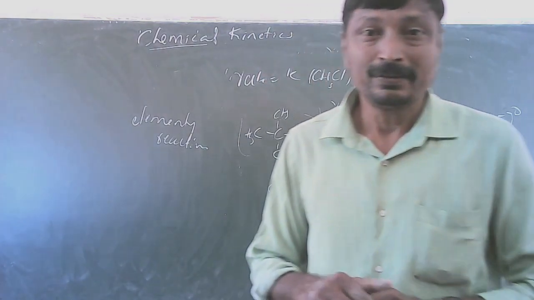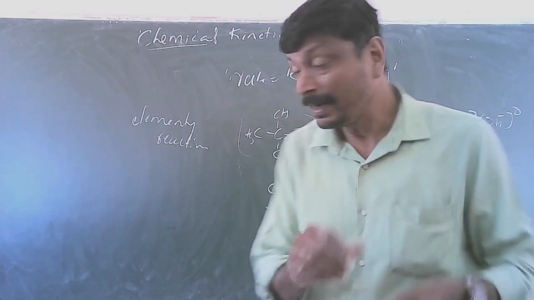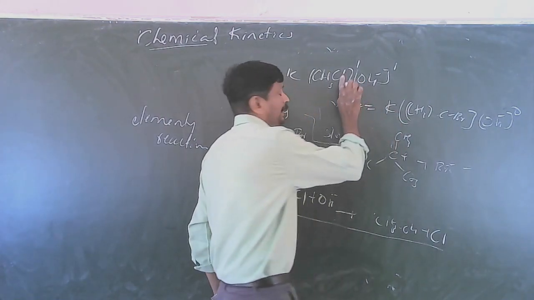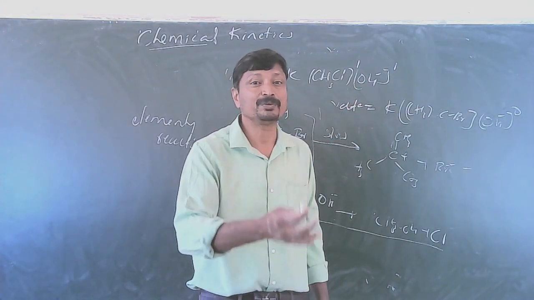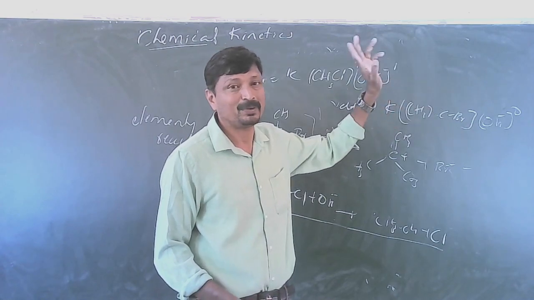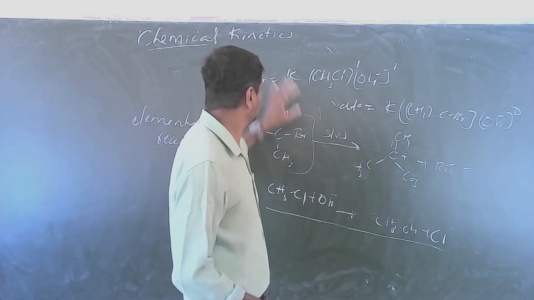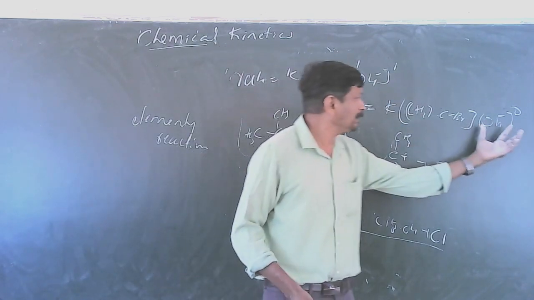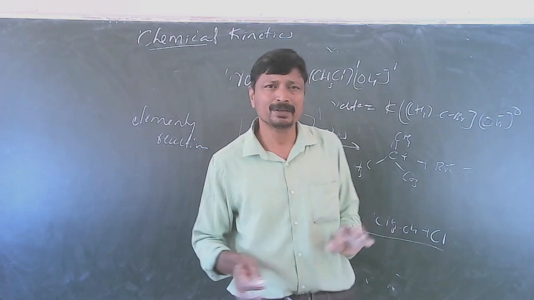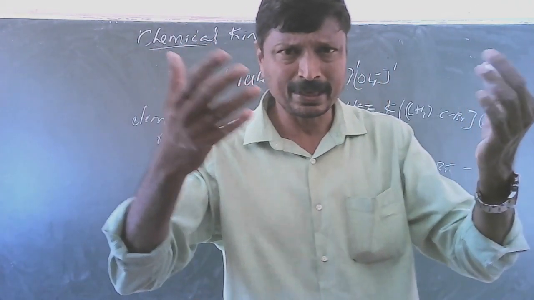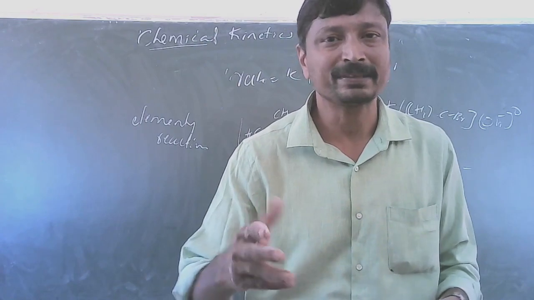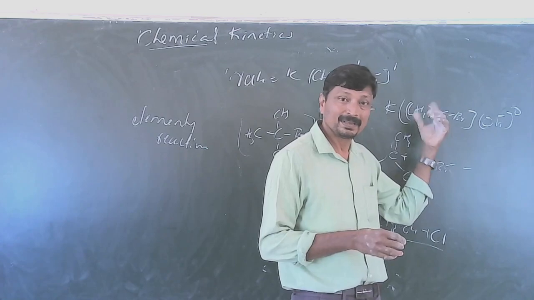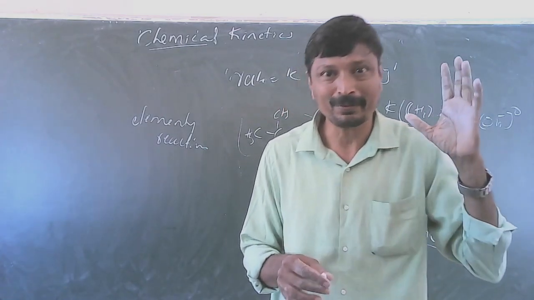So, what does this exponent factor indicate? The exponent factor indicates how sensitive the reaction is to the concentration of a particular reactant. For this reaction, the rate of the reaction with tertiary butyl does not depend upon the concentration of OH minus. You decrease or increase the concentration of OH minus, the rate does not change, but it depends upon the molar concentration of alkyl halide. You have to remember this.